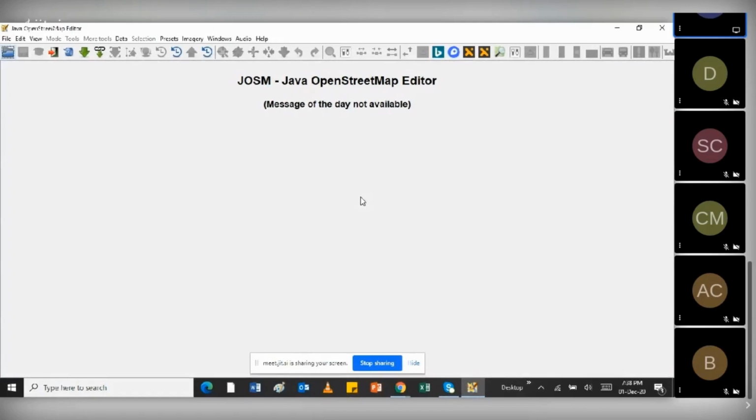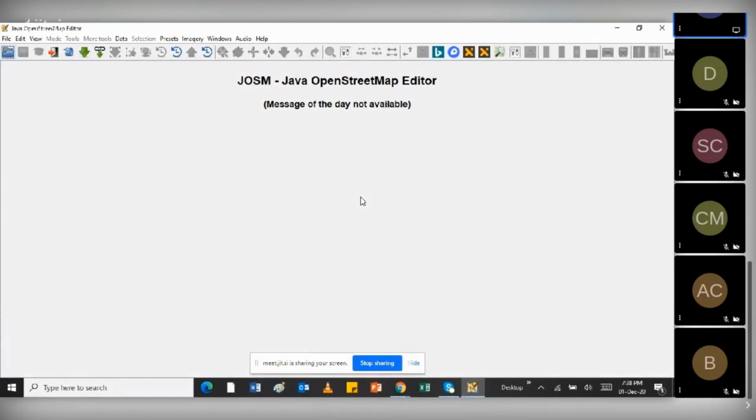Then if you get a chance to have access to the internet again, you can just load the file that you edited, then you can easily upload. So I think that's the main difference. Another difference is that JOSM also has a lot of tools that enhance the functionality. You can play around with the data using different tools, and there are a lot of people who are building tools that make the work much easier.